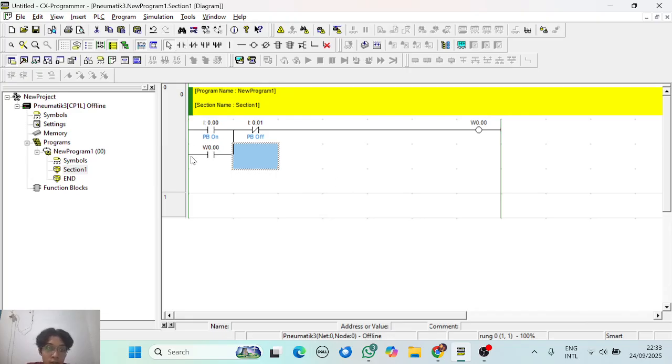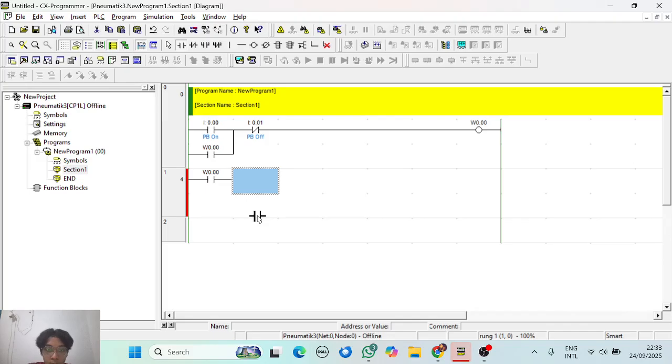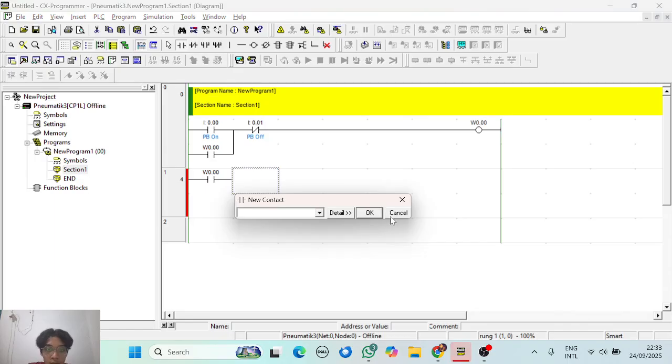Okay, let's do the second row. We add this, and we add a limit sensor. We place it on 002. We can name this limit.